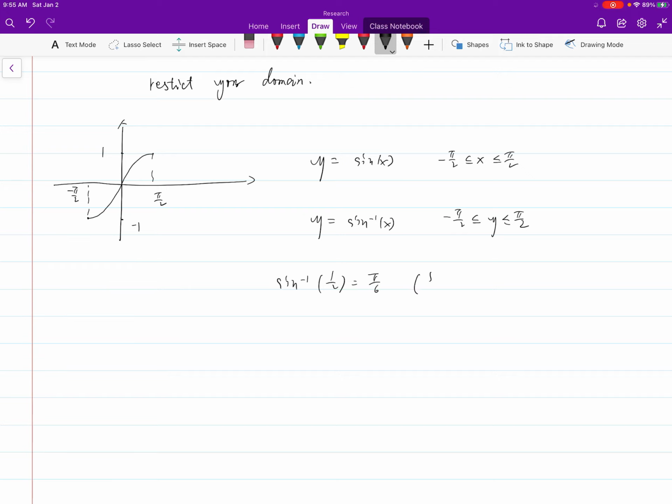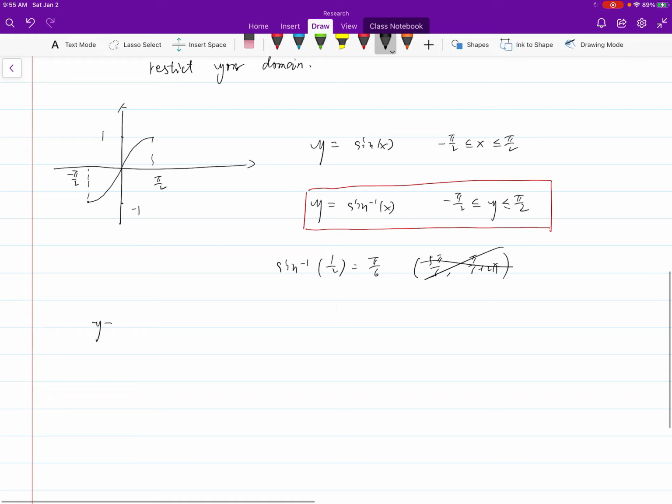Then if I'm looking for sine inverse 1/2, you will know I'm talking about pi over 6, not 5 pi over 6, not pi over 6 plus 2 pi, even though they all have the same sine value 1/2, only pi over 6. Okay, so that will be the first one